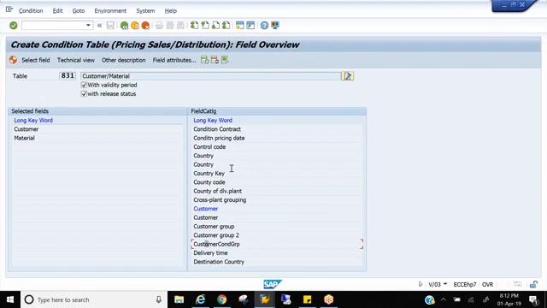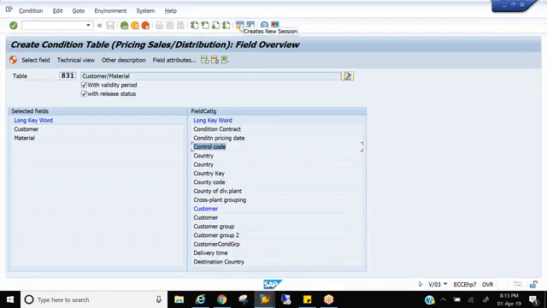Okay, first, how are the fields coming here? Who has put all these fields into the field catalog? If I want a new field, how should I get it here? So from where are all these fields coming? These fields are coming from a concept called allowed fields. Okay, it's coming from allowed fields.